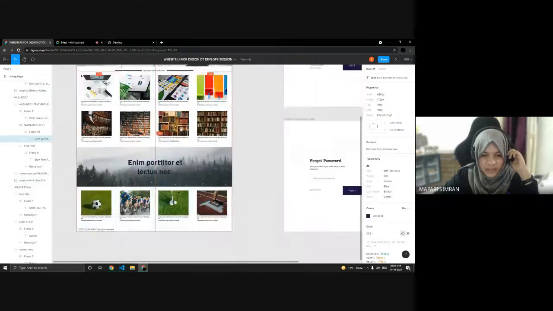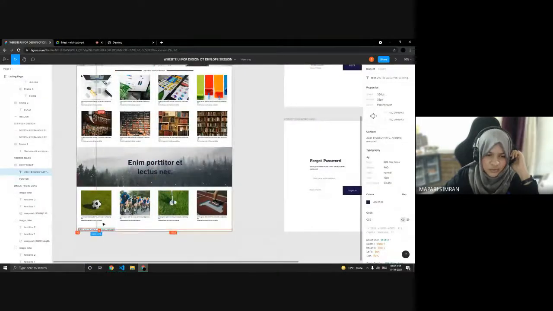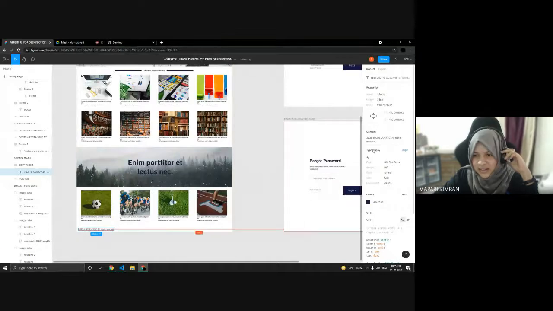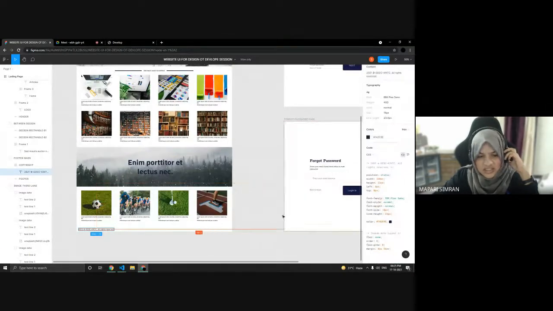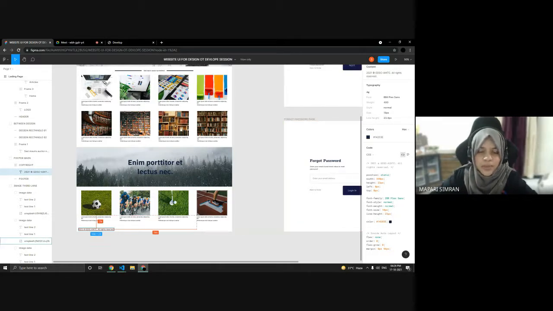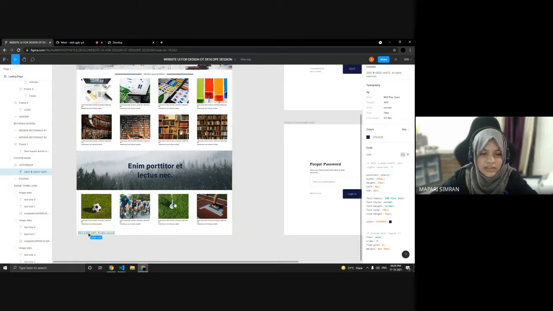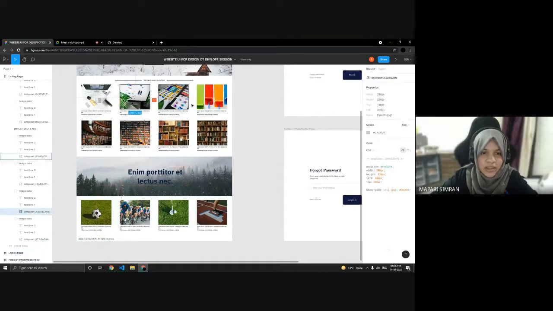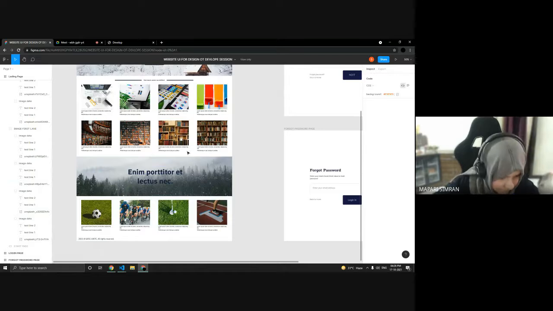So the same thing. And for the footer, you can use footer tag or just a div tag, and add this content, copy the content from here, and the styling is just provided here. You can see the width, height, font family is IBM Plex, since we have already included it in our CSS file, and the font size, line height, and font weight, and the color. So you just copy this and paste it over there. So you will be able to get this. You will get this styling for the footer, and you will be able to make this section as well.